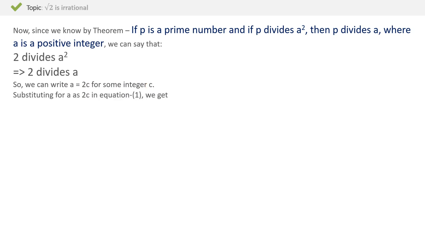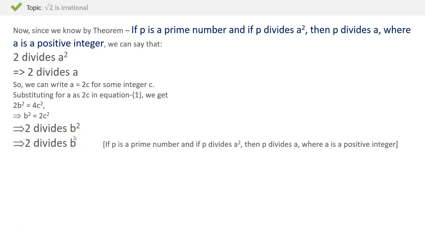Now, if I replace a with 2c in the previous equation 1, what I get is 2b square is equal to 2c whole square, which gives me 4c square, and hence b square is equal to 2c square. What it implies though, 2 also divides b square, and hence 2 divides b. So what we are getting to? We are getting to co-prime numbers a and b,